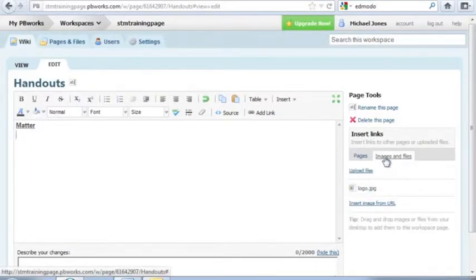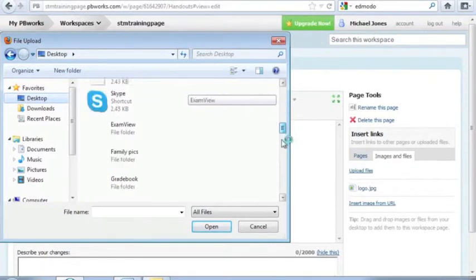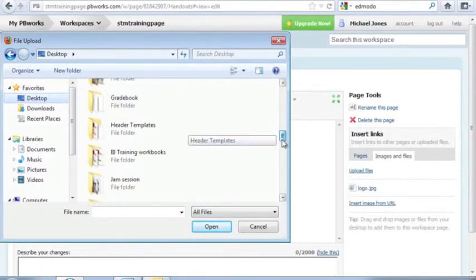Click on upload files. Alright. Now what I'm going to do is go to the files on my computer where I keep all my matter stuff for science. So I keep all that on my computer in a folder that I call STMS, and